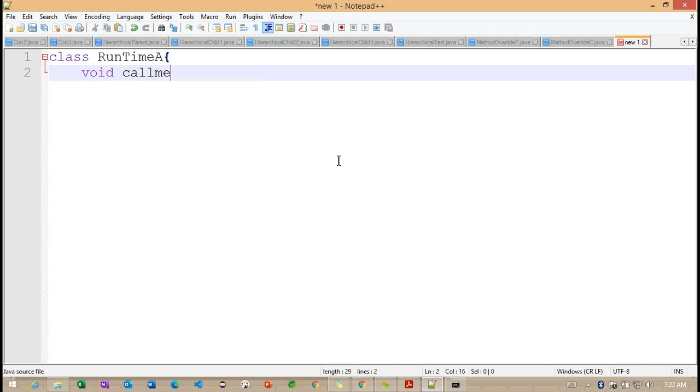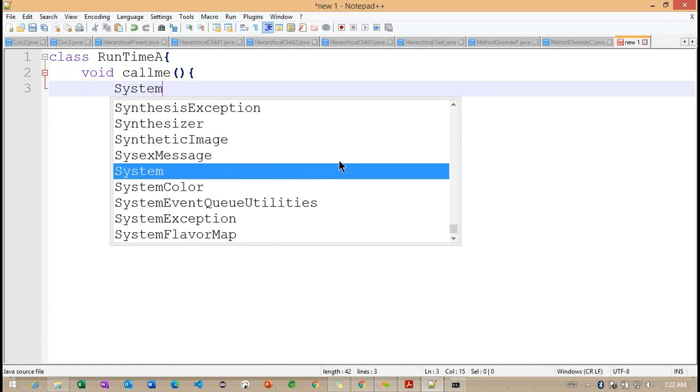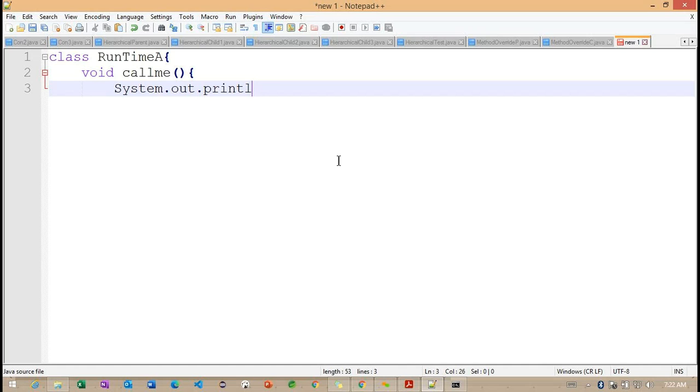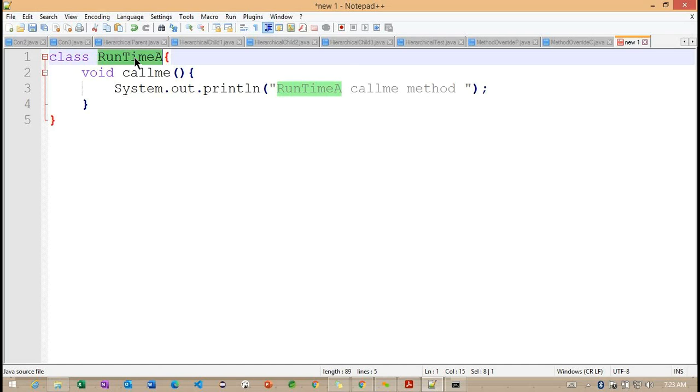Here I'm defining one method called call me method, and inside this call me method I'm defining a println. So this is one class I'm creating here.